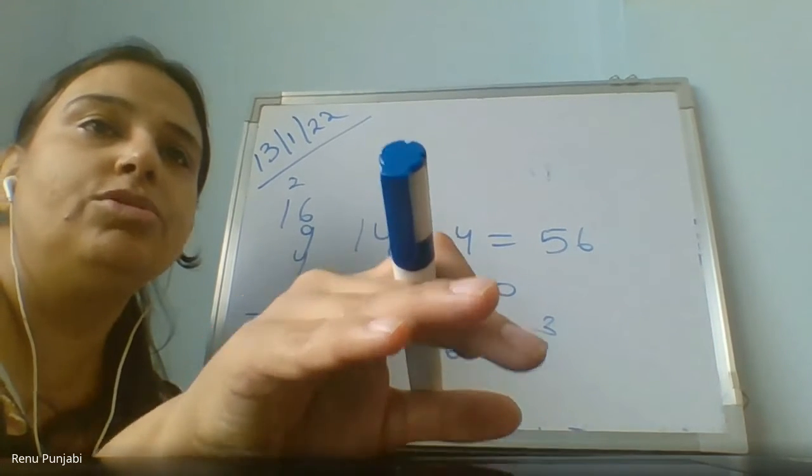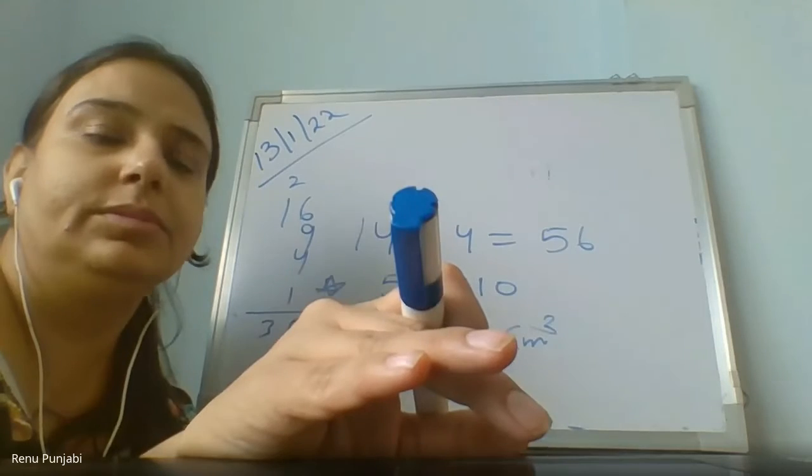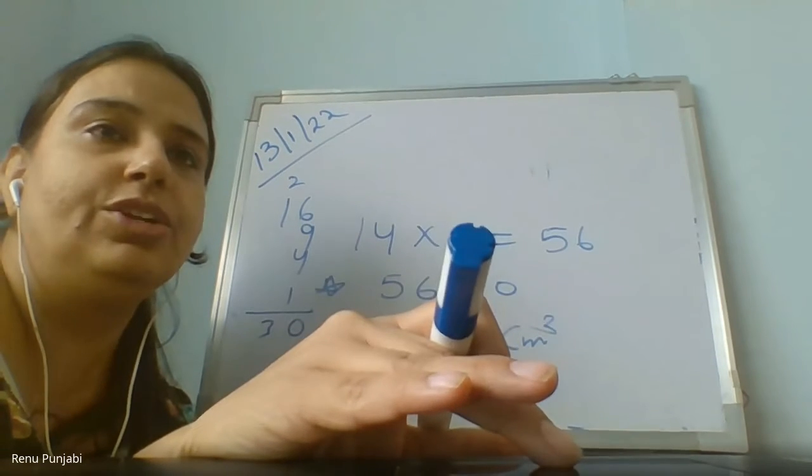Students, do you want to see the video of how to make the cube? Yes, ma'am. Wait a minute, I will show you how to make the cube. I'm trying to make the cube with the papers. I'll show you the video also. Ma'am, I know how to make a cube. First make the first square and second square, then put a line. Completed.